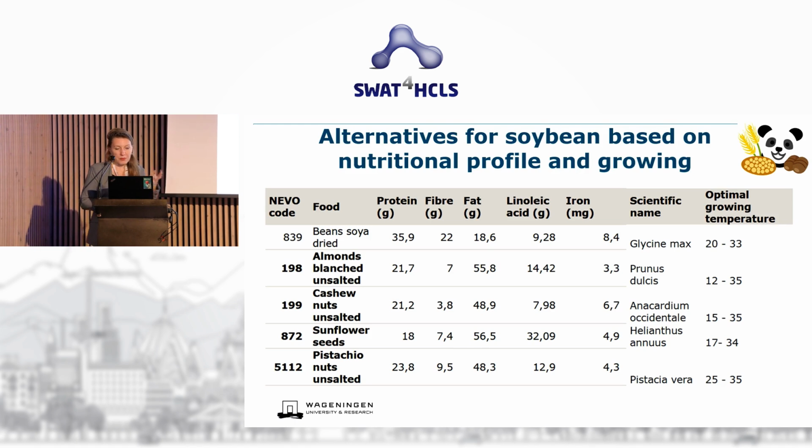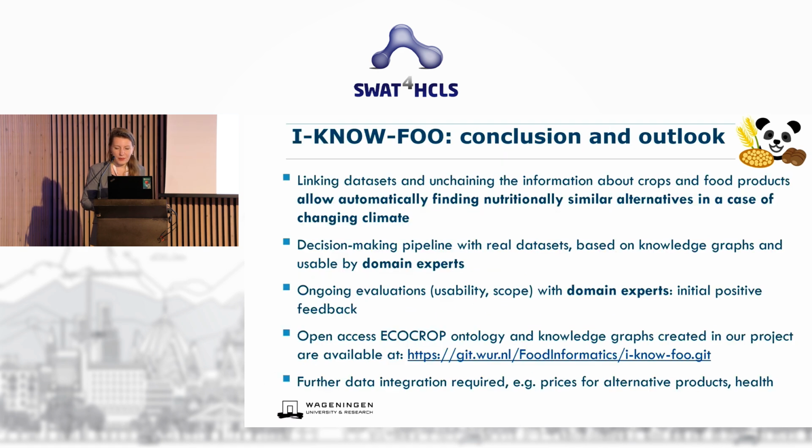And then if you take multiple criteria, for example soybean: if you look at nutrition, maybe almond is a good replacer, cashew, sunflower, pistachio. But if you start to look at price, or how people consume and what they like to eat and how they eat, maybe in the end they're not very good replacers. So it's a tricky issue, also involving consumer science. Even with such a simple example, you see that it does not come automatically.